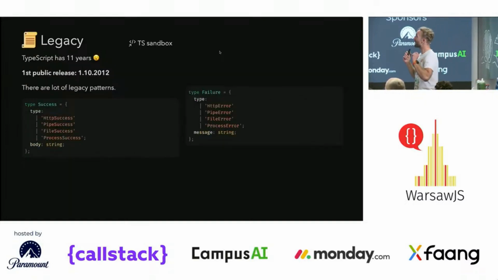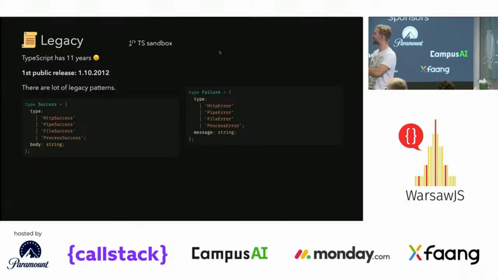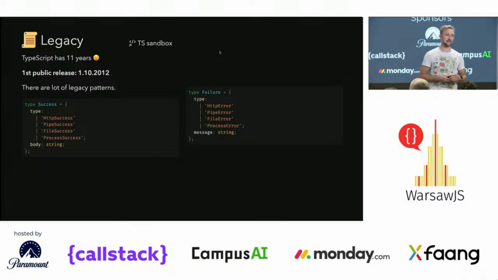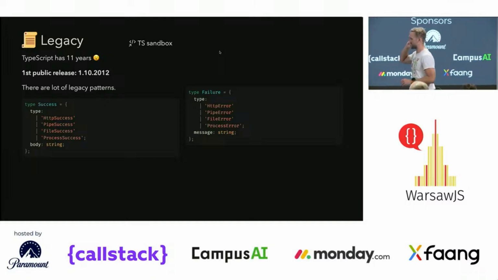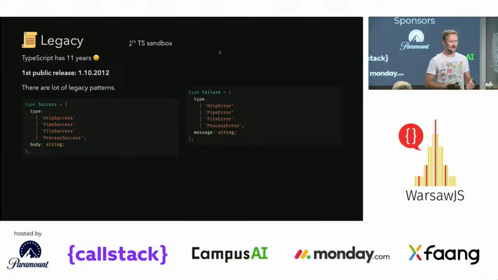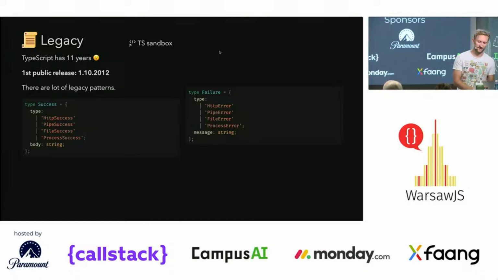Okay, and remember one thing, TypeScript is not a new language anymore. It's like 11 years old. This year, it will be 12. I'm using it since 2013, and I saw a lot of stuff, a lot of evolutions here. And there are a lot of legacy patterns existing. Like that one, imagine that someone